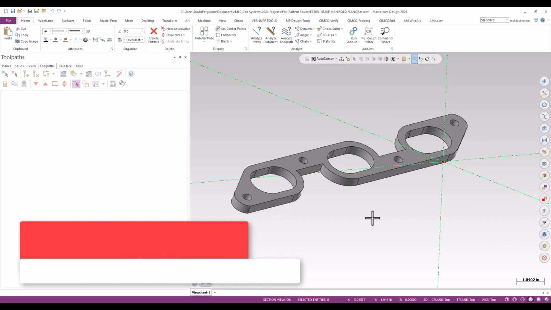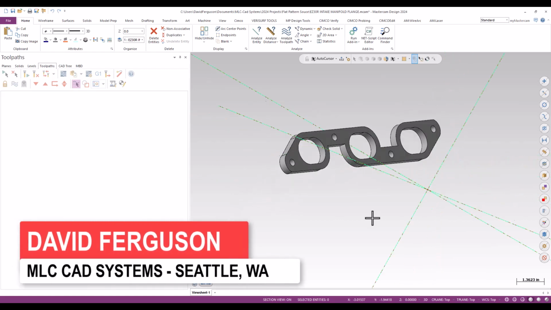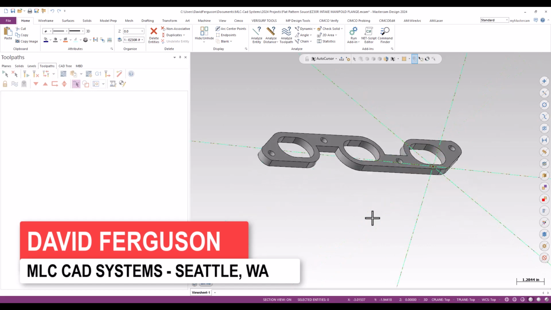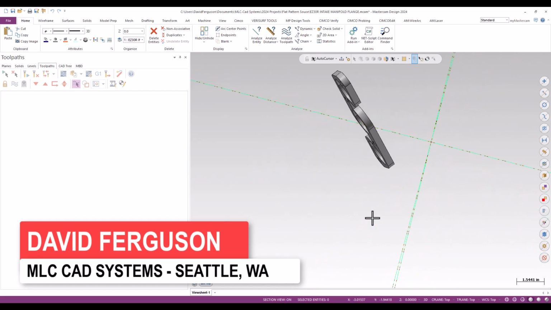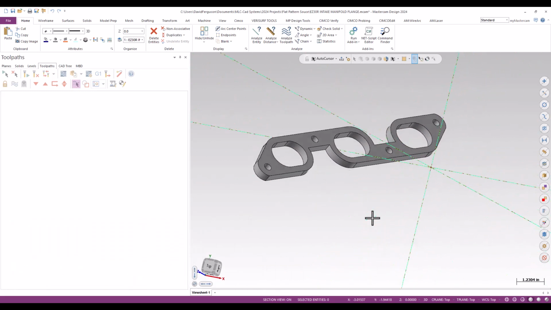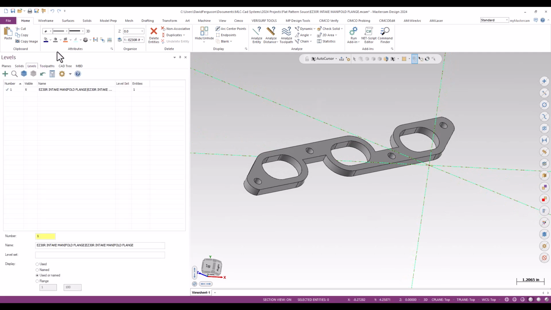The first problem we're going to run into with this, obviously, is the part is not aligned to anything. It is just sort of off in dead space or airplane space, and that's pretty typical. So I'm going to do a quick alignment. I'm going to go to my level manager. I'm going to pop open a new active level,